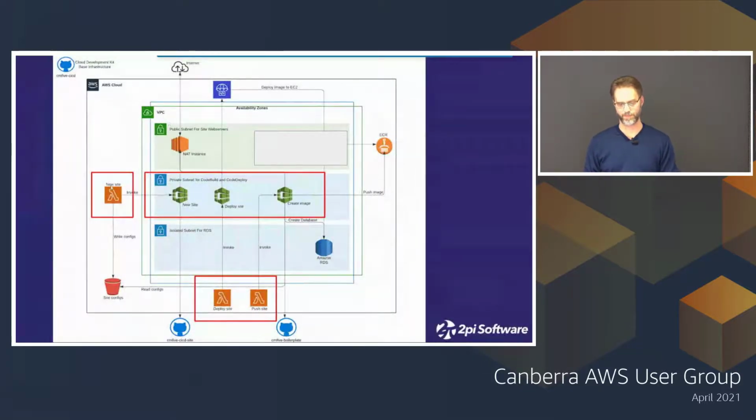So in this step, we have created the Lambda functions and the CodeBuild and CodeDeploy mechanisms in our AWS environment. The next step is to build the site-specific web servers, the Route 53 entries for that, and the image registry in ECR, and also to push a site configuration file into the site config bucket. So all of that I'm doing now is being done per client side. So if we have 10 clients, we would issue that 10 times to set up a new client,